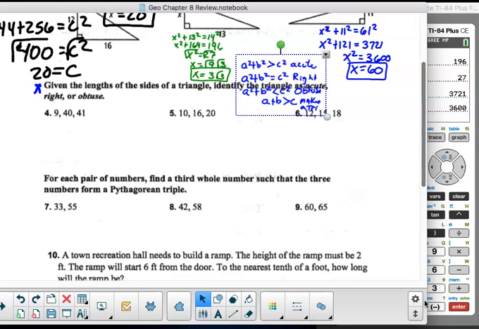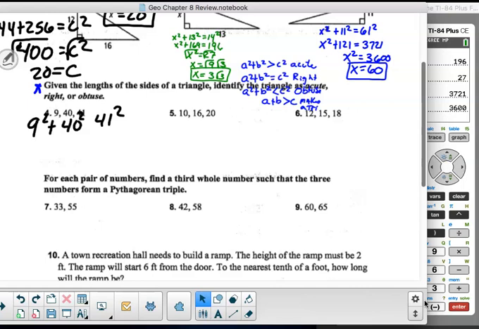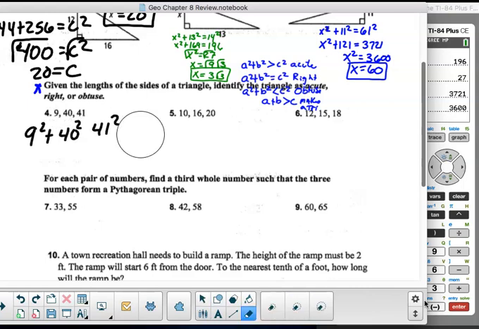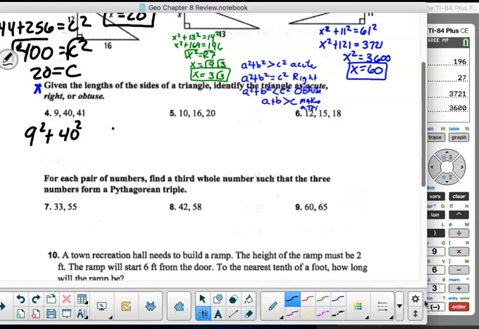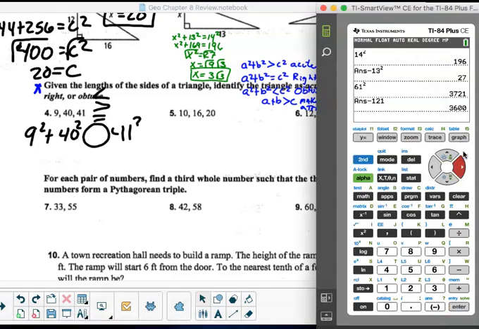Now, when I set this up, the biggest one is always c: 41, 40, and 9. Maybe I should bring it across like this, and go, all right, this is 41. It's way out here. And I'm putting in a less than, greater than, or equal sign in there. Which one is it? So first of all, 9 plus 40 is greater than 41,